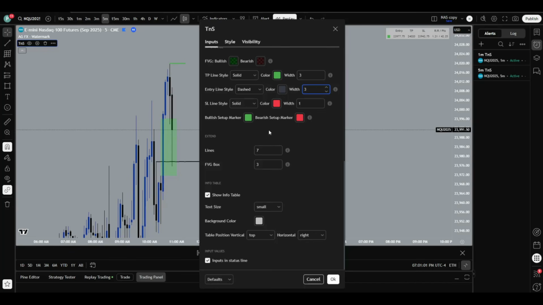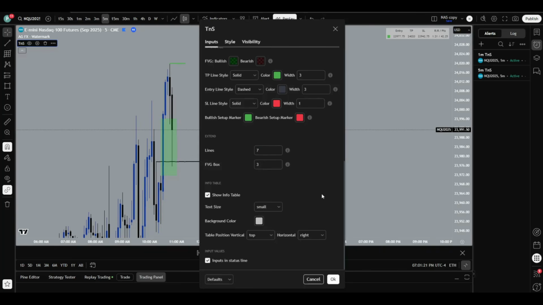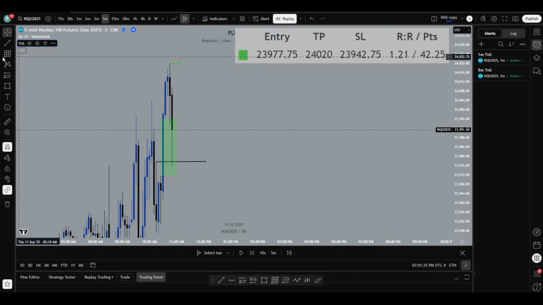And so everything else is kind of self-explanatory. Bullish setup marker, that simply is your TP line. You can kind of customize that whatever color you want as well. Actually, no, this is the table, sorry. So for the table, if you wanted it something other than green, the stock color for a bullish setup, you can change the color as well. And so once again, you probably can't really see that too well. All you simply do is move down to the info table section, text size, change this to what I recommend is large, or whatever size you want. Maybe you want it huge. In my opinion, it takes up a bit too much of the screen,